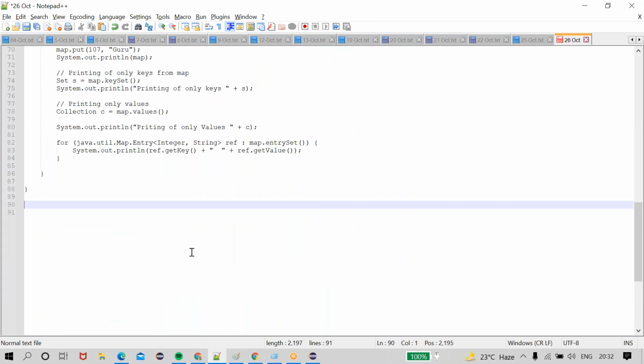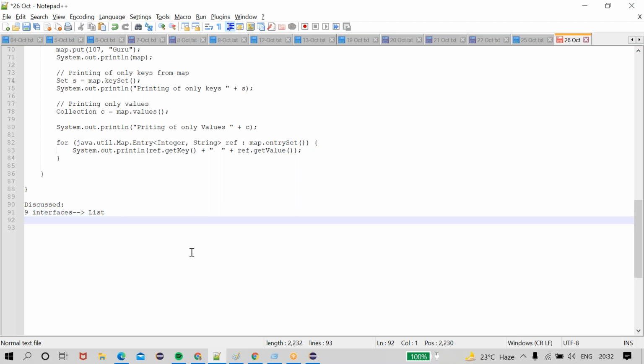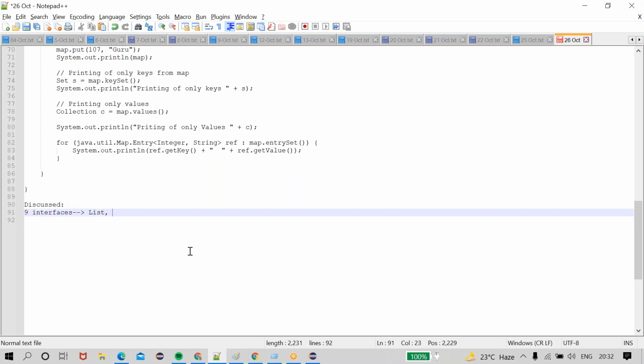What are the things we discussed as of now? Collections contain 9 interfaces. What are those? List, anyone? Set, sorted, anyone guys? Please speak out. Sorted set, navigable set. Anyone guys? No one in the class who knows this topic? Map, sorted map,